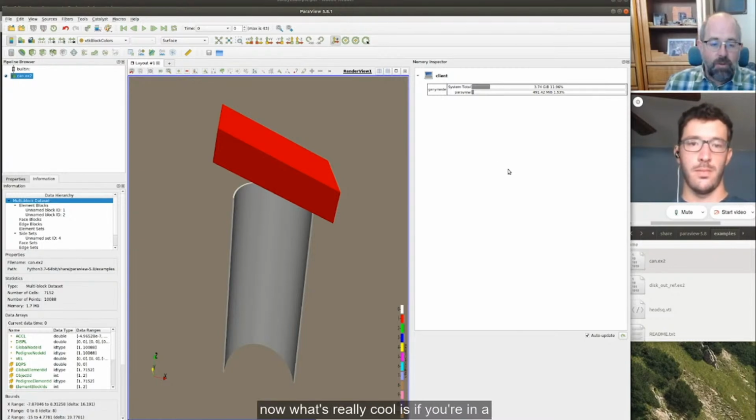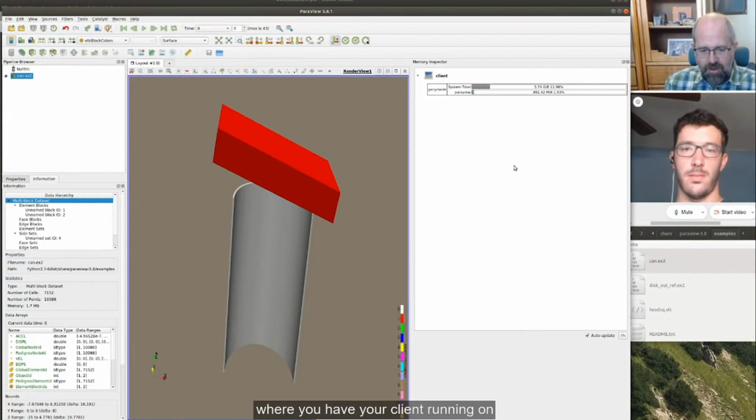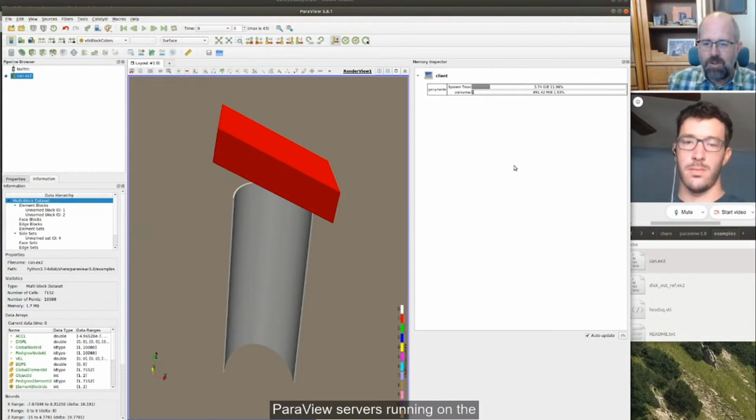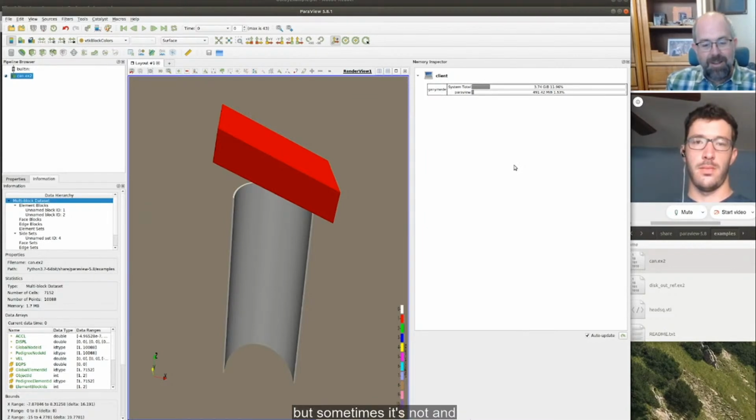Now, what's really cool is if you're in a client-server connection where you have your client running on your desktop and a parallel distributed memory set of ParaView servers running on the supercomputer, you'll be able to see each one of the nodes in your job and how much memory each node is using. So if everything is distributed really nicely, everything will be equal, but sometimes it's not, and it's important to know,